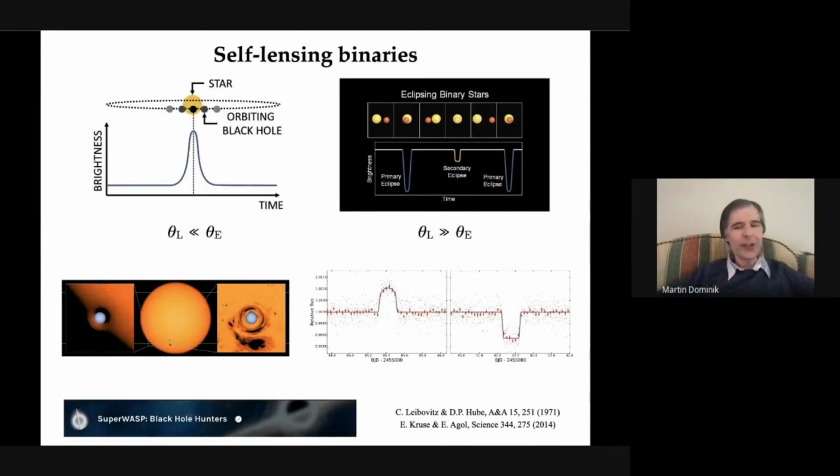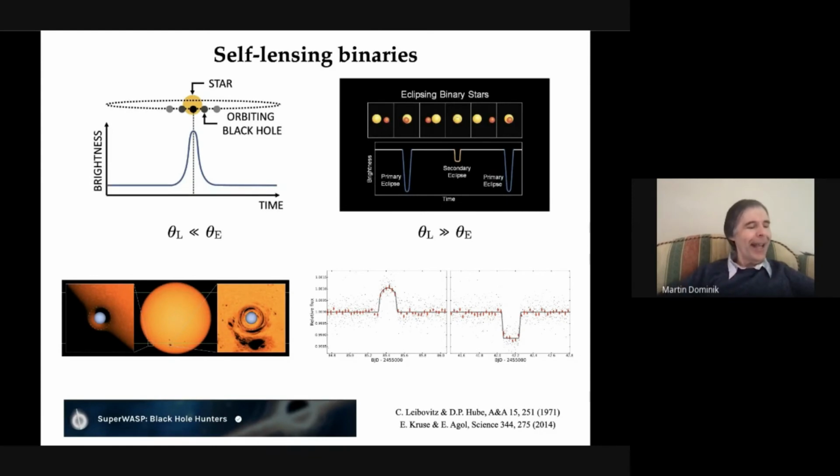If the observed source star is a binary with a near-edge-on orientation towards the observer, the angular radius of its components in relation to the angular Einstein radius determines whether one has an eclipsing or lensing binary. The latter will only occur if one of the objects is a compact stellar remnant, and the first such system involving a white dwarf was reported in 2014.